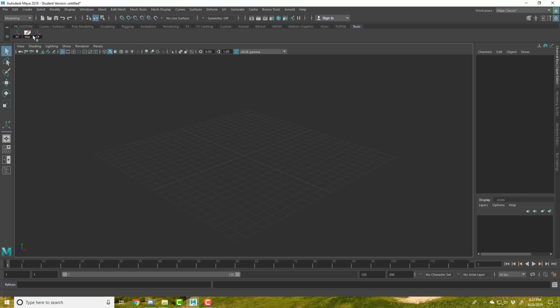Center pivot. So freeze transformations, deleting history, and center pivot are three that you're always going to use when you are working: getting the pivot straight, resetting the transformations to 1 in the scale and 0 in the rotations and translations, and deleting history when your construction history starts to build up. Grouping and ungrouping,